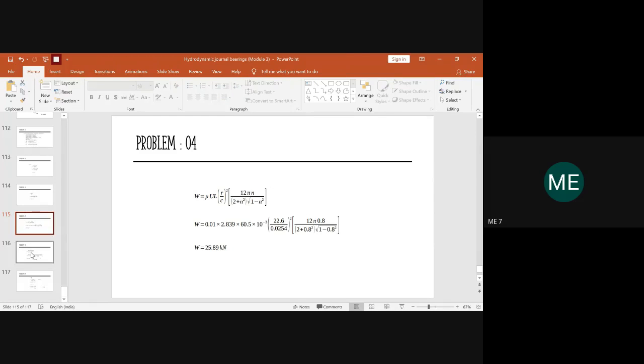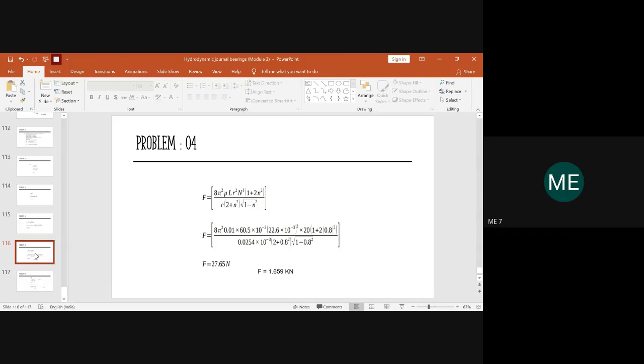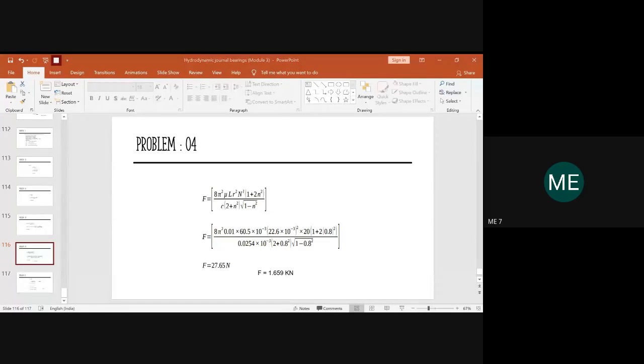Fine. In the next class, we will solve a few more problems on it, and we'll try to figure out how the pressure distribution is done. For that, we need to draw the graph and show it also. So we'll do that part and a few numericals related to the journal bearing in the next class. I request everyone to solve the problems and keep them. I'll be giving some extra numericals also as part of your assignment along with the derivation very shortly for your assignment number 3. Until then, please be regular, be attentive, take care, have a nice day.